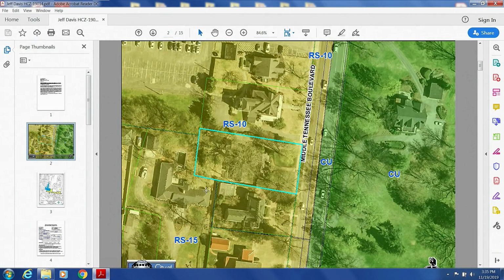What is our first piece of business, Amelia? First order of business is for the residents at 2255 Middle Tennessee Boulevard. Mr. Fletcher Holland is requesting initial review for the construction of a new two-story detached garage on property located at 2255 Middle Tennessee Boulevard. This property is zoned single-family residential, RS10, and it is within the East Main Street Historical